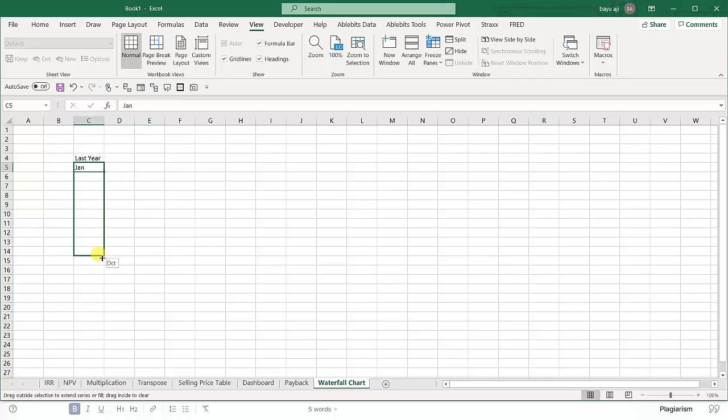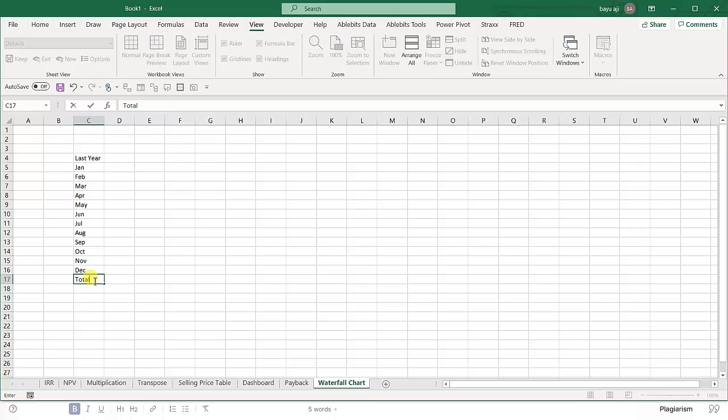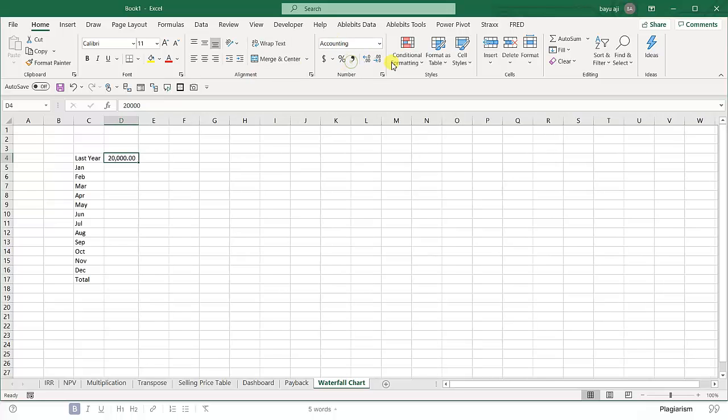Okay, and we have here the total. Okay, I make the dummy number here. For example, we start with 20,000. I change the format here. All the format will be in comma style, and then I make the dummy number,